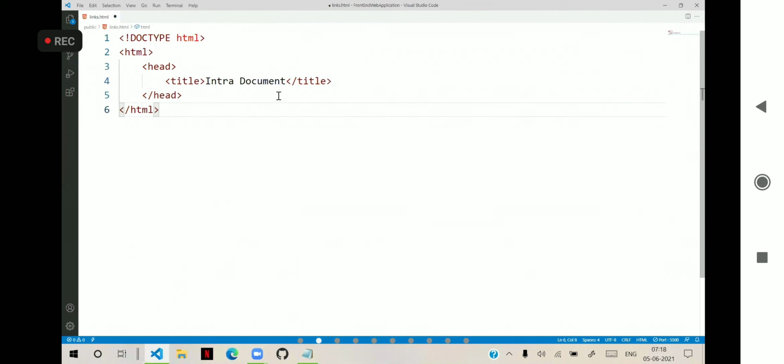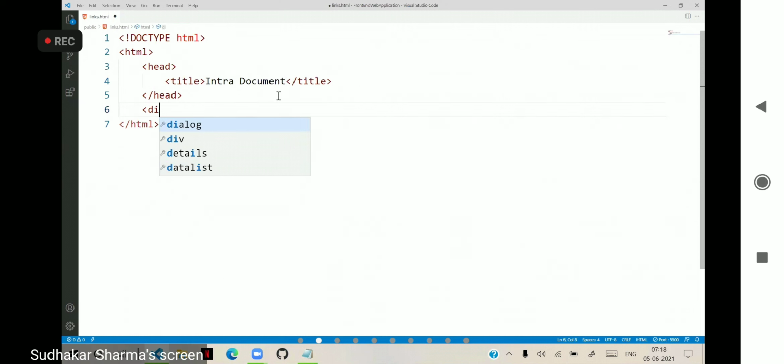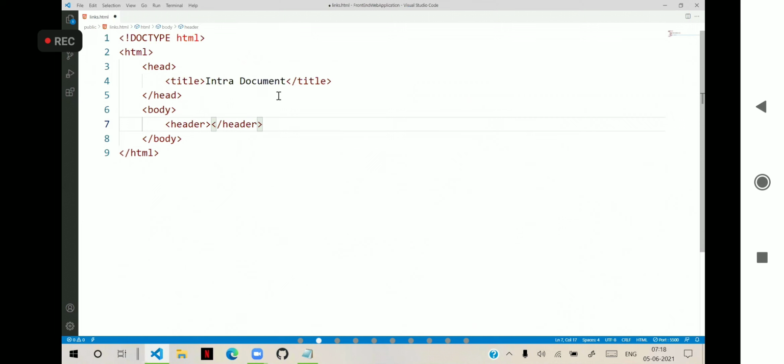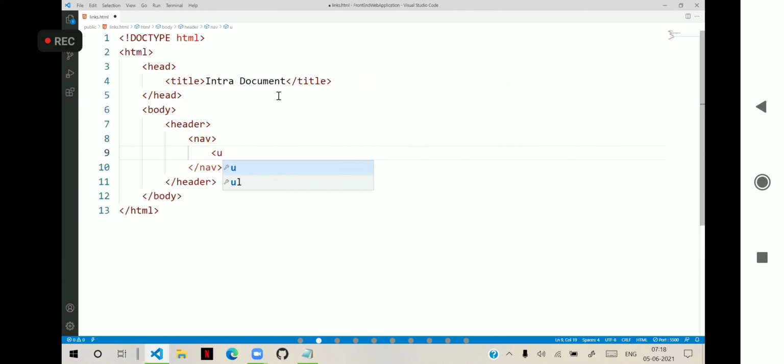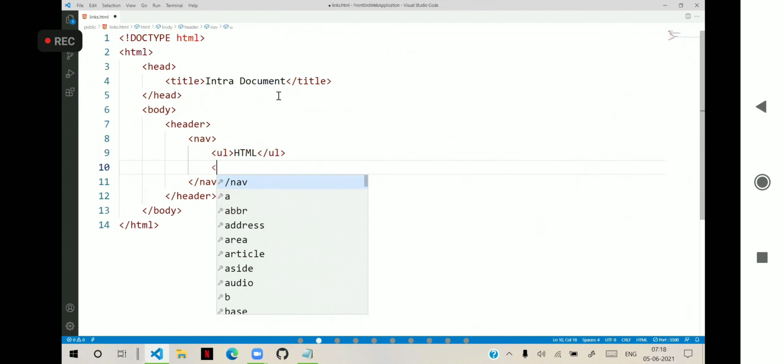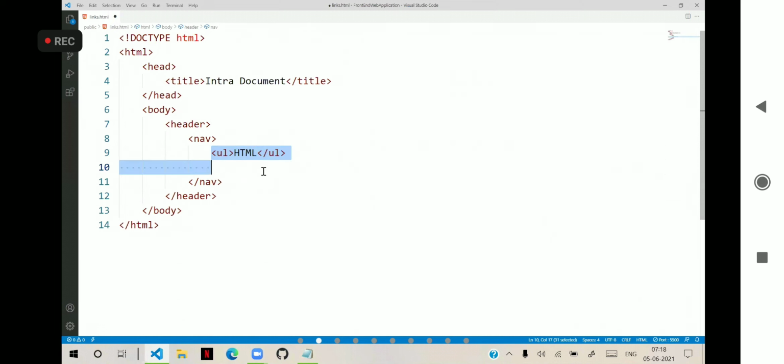For example, at the top I designed a body section and we have a header. In that header we have a nav, and in that an unordered list with list items.